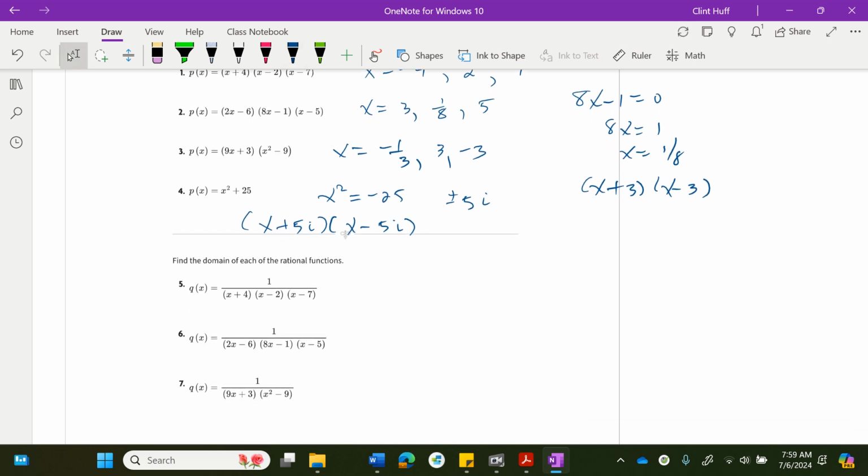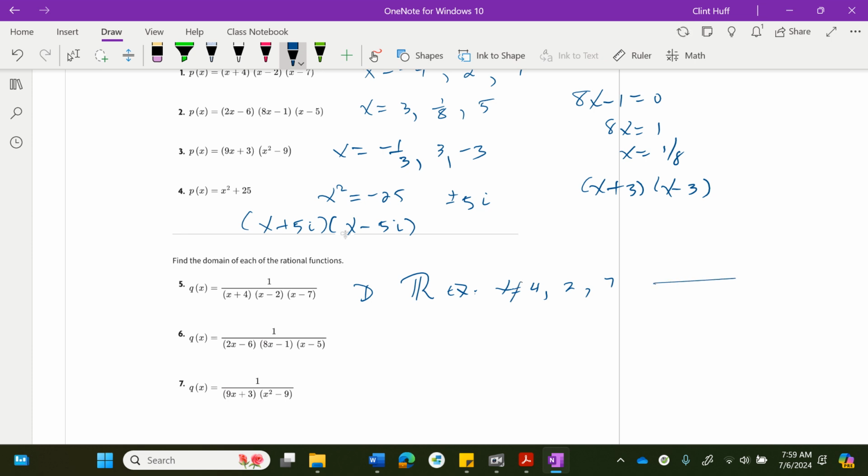All right, finding the domain. You cannot divide by 0, so the domain on number 5 is all real numbers except x equals 4, 2, and 7. Now, that's writing the domain in sort of the negative by saying it's all real numbers not equal to 4,